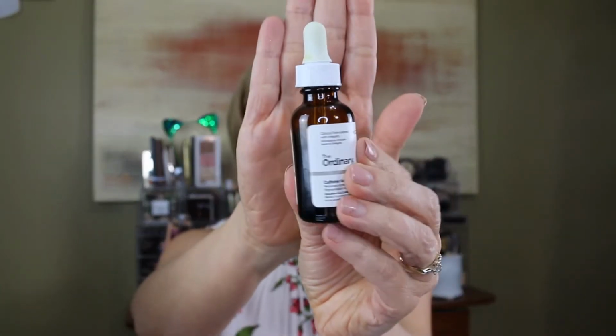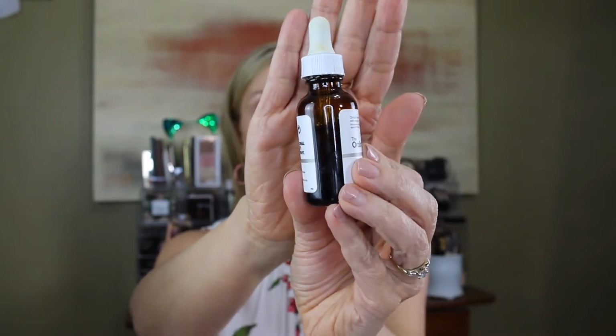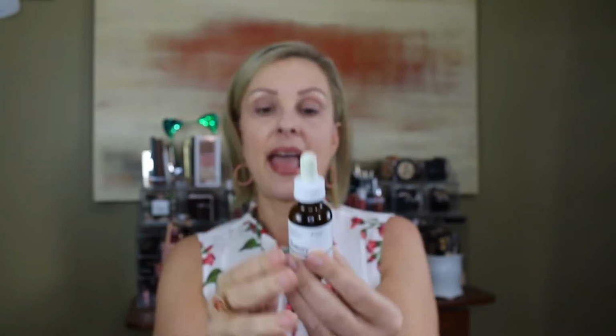And the equivalent to that is a product that I dearly love from The Ordinary. And as you can see, I have used on this bottle about half of it already. And they're both an ounce, 30 mils of product. And this is a caffeine solution, 5%. So